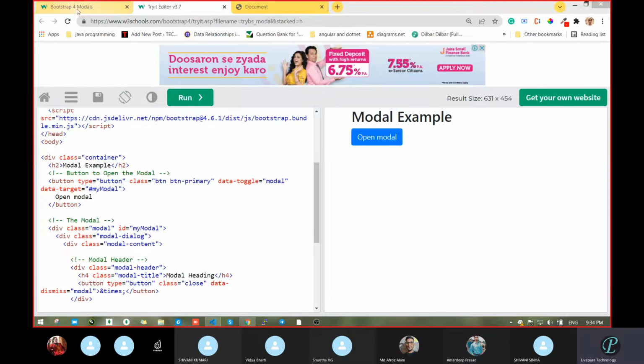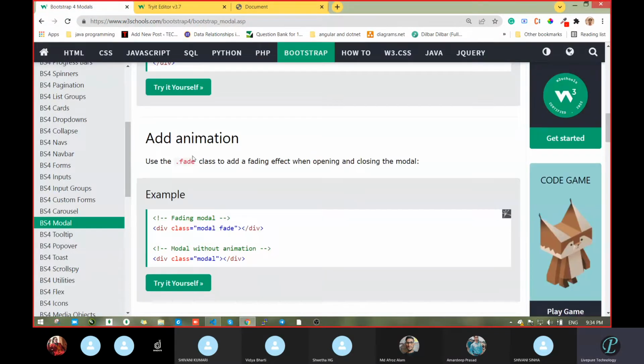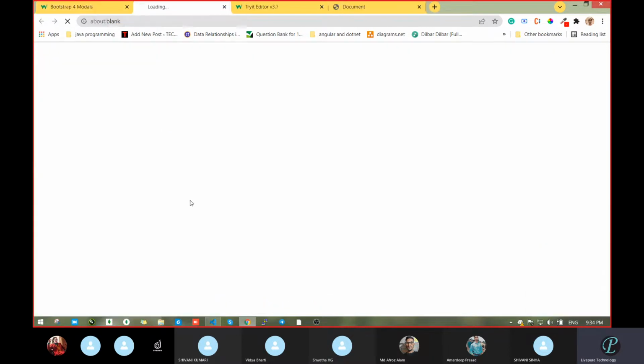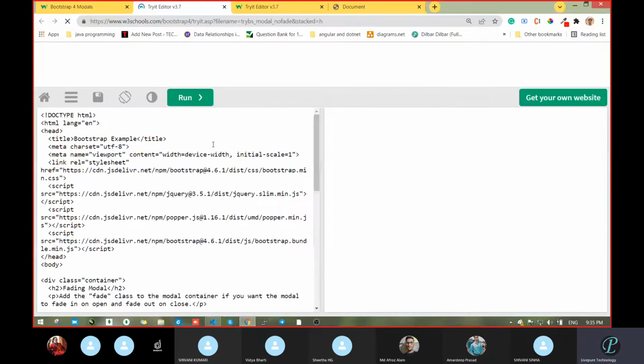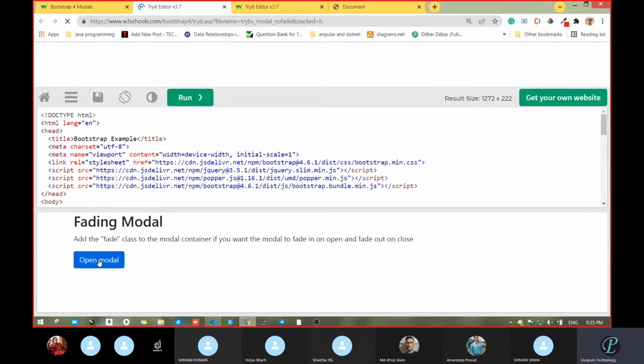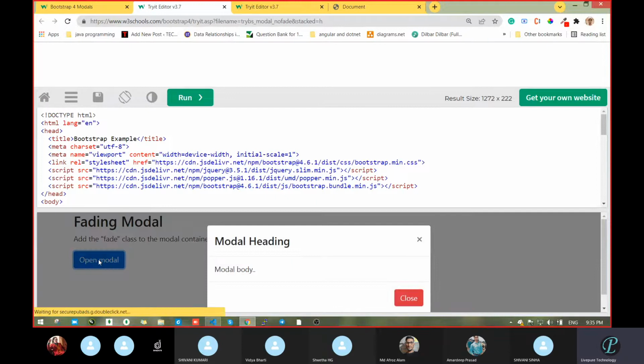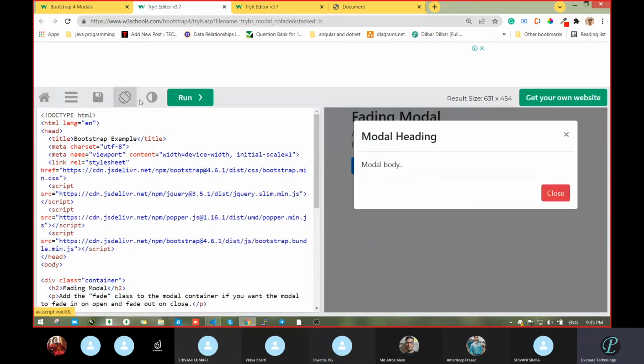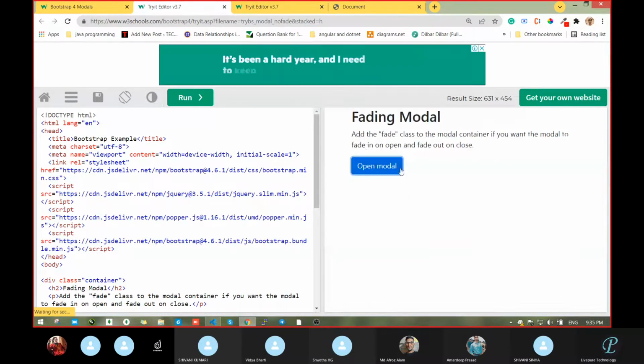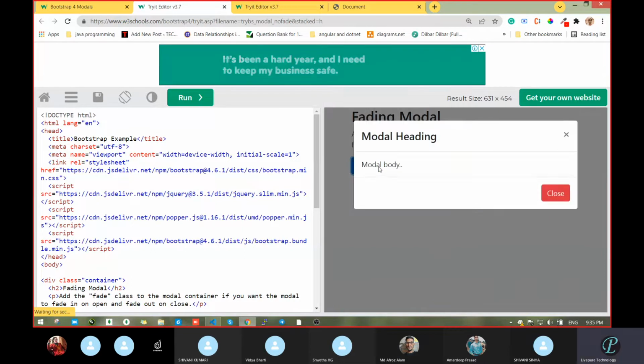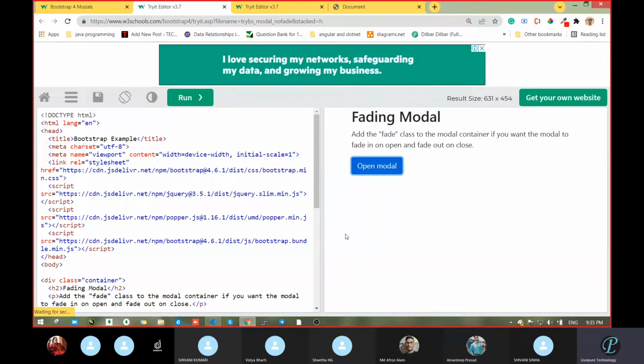Okay, so this way we can add Bootstrap. Then another option is to add animation. One class is there, that is .fade. This will show you some dynamic effect. Let's see what it does. When you click, see how this opens. Had you seen the effect? It's not coming directly, it comes slowly, fading.